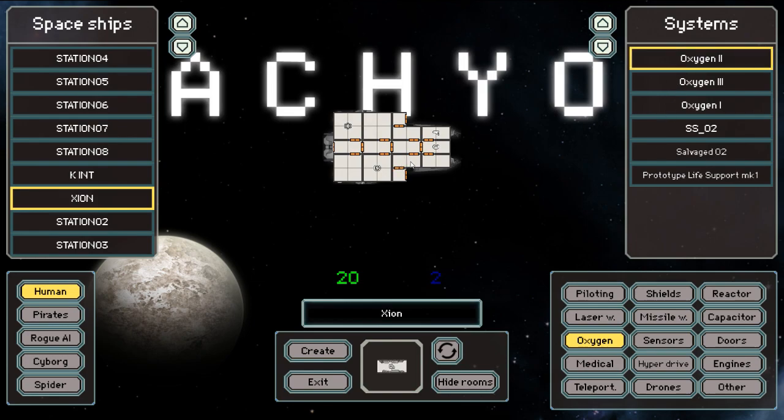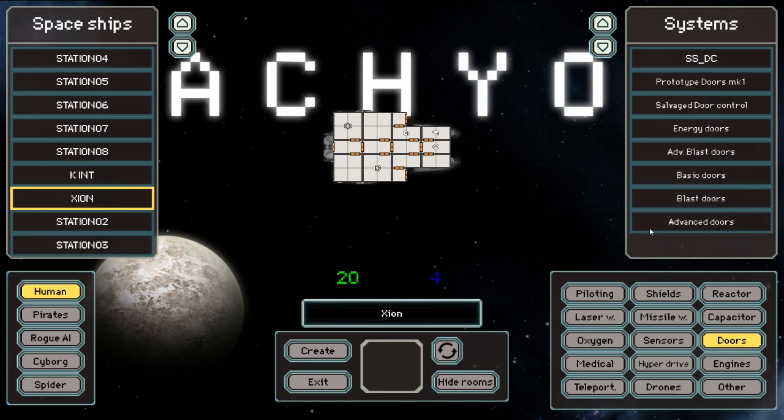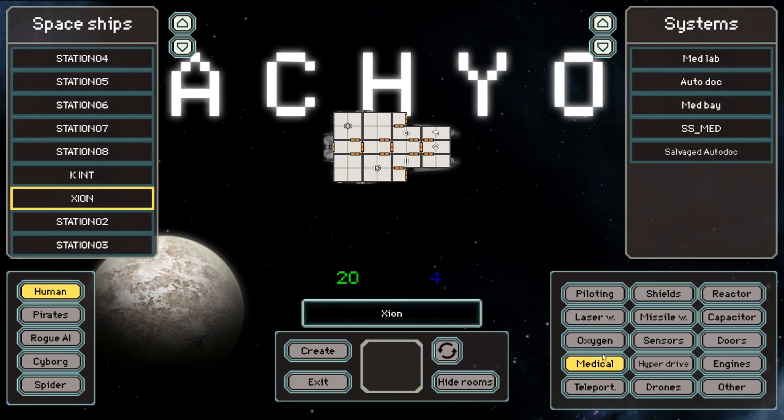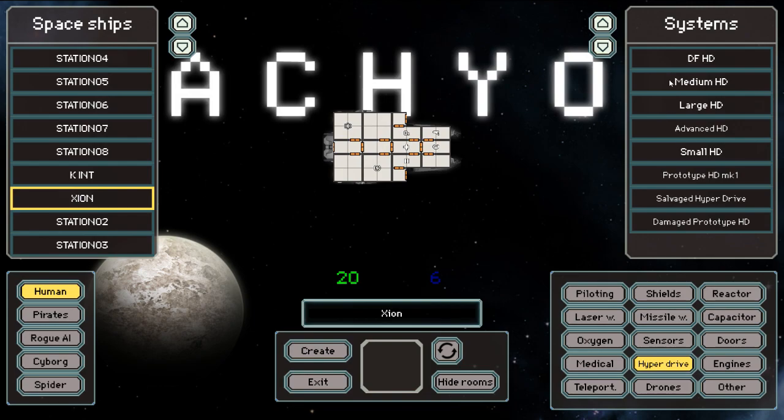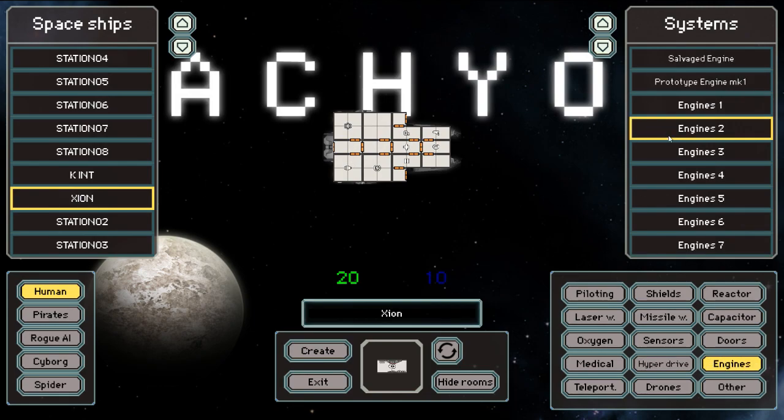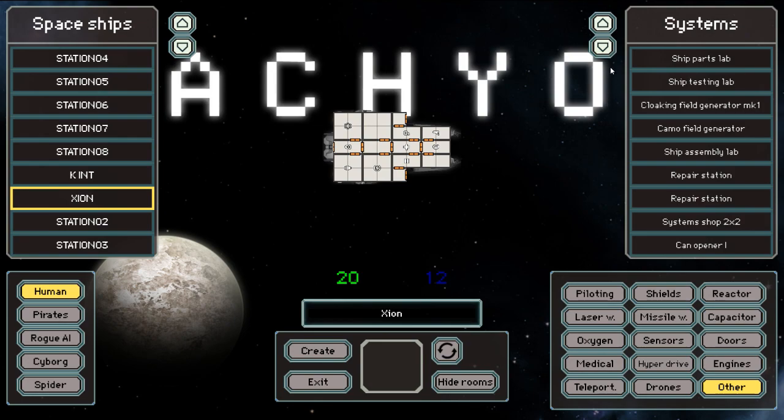So oxygen room, I may as well put it right here. Door control, may as well put there. Mid bay, right there. Hyperdrive. Engines. And of course, we would want a